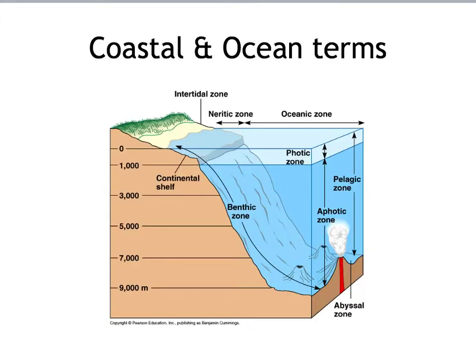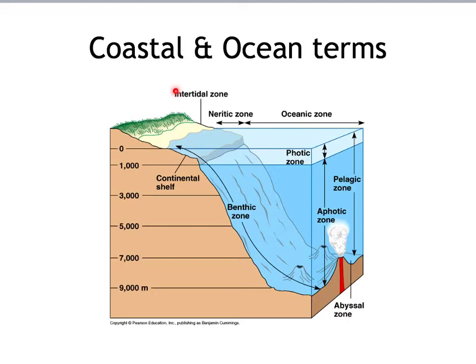Here's a diagram of the actual ocean. We're talking about the intertidal zone. Of course, the intertidal zone is that area between low tide and high tide. Most of the beaches we go to, Orange Beach, Gulf Shores, this is where you put your chairs, where you lay out on the sand. Not a lot's going on, but in other places of the world, this intertidal zone may be as much as 20 to 30 feet, and it's a very harsh area,